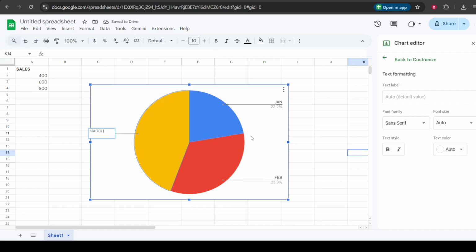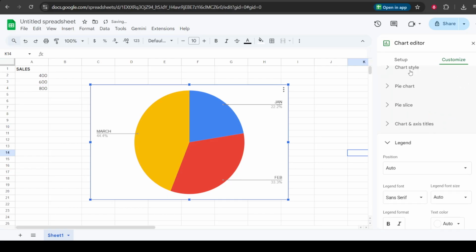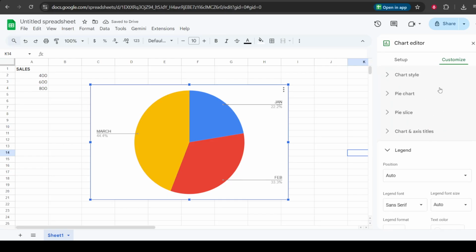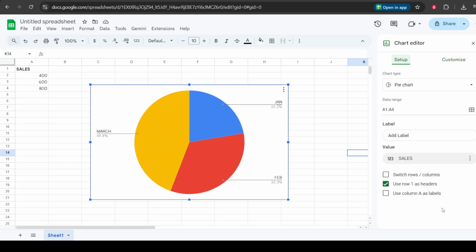Click the chart to open the chart editor panel, which usually appears on the right. If you don't see it, double-click the chart area to bring it up. Go to the Setup tab and scroll to the bottom. Make sure the option Use Column A as Labels is checked. This tells Google Sheets to use the text next to your numbers as the legend names. As soon as you enable it, your chart should pull those labels directly from your first column, which instantly makes